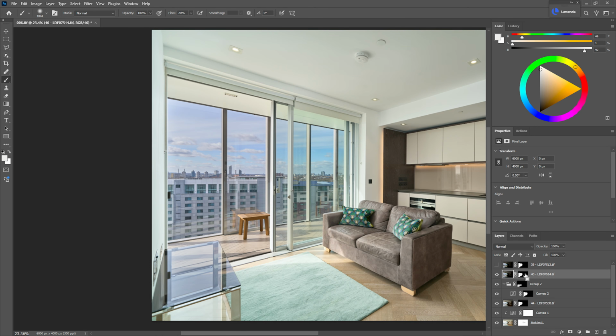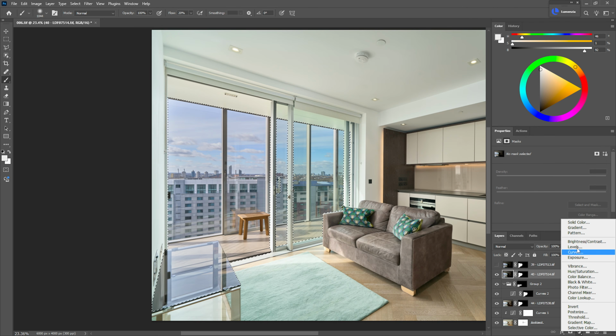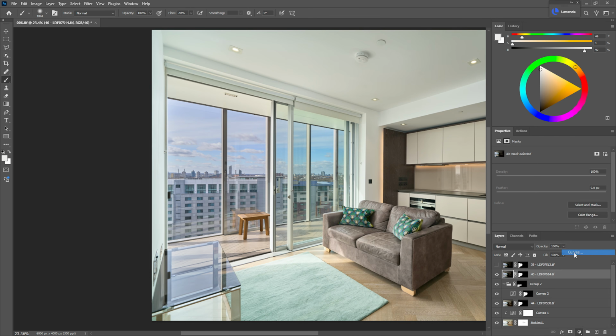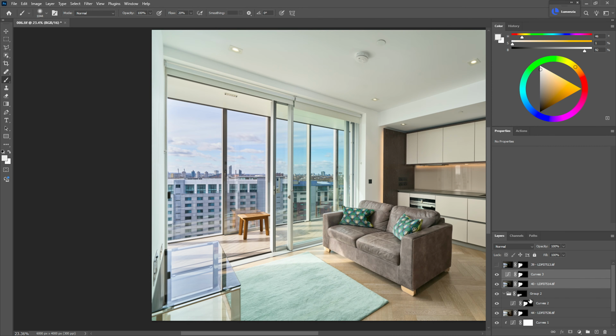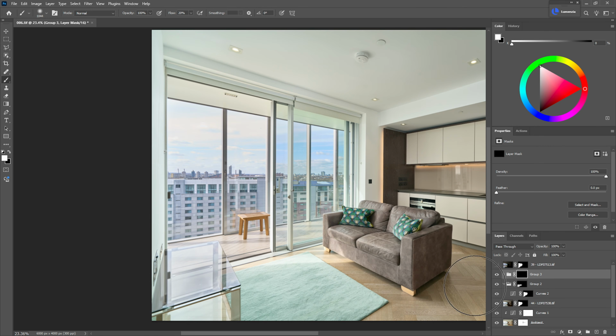Then we have this one here. So again, let's make a selection. Control click on the mask. I'm going to add curves, and let's see if we can add a contrast here. Put it in a group, hide the group, and then paint in a little bit where the buildings are. Again, just adds a little bit of